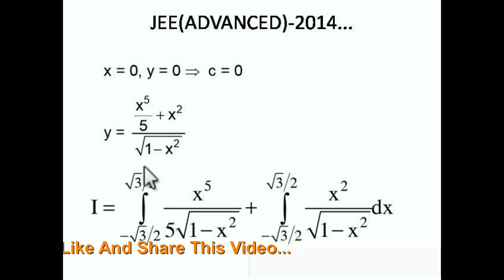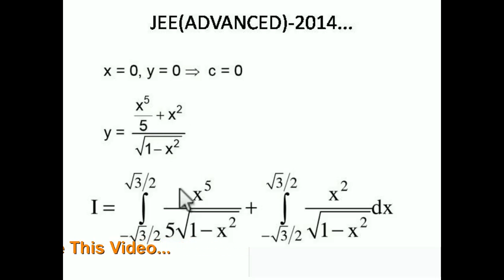So what I do, I just spread the denominator in both the terms. So what we have, x raised to 5 upon 5 square root of 1 minus x square, plus minus root 3 by 2 to root 3 by 2, x square upon 1 minus x square dx. Now tell me,